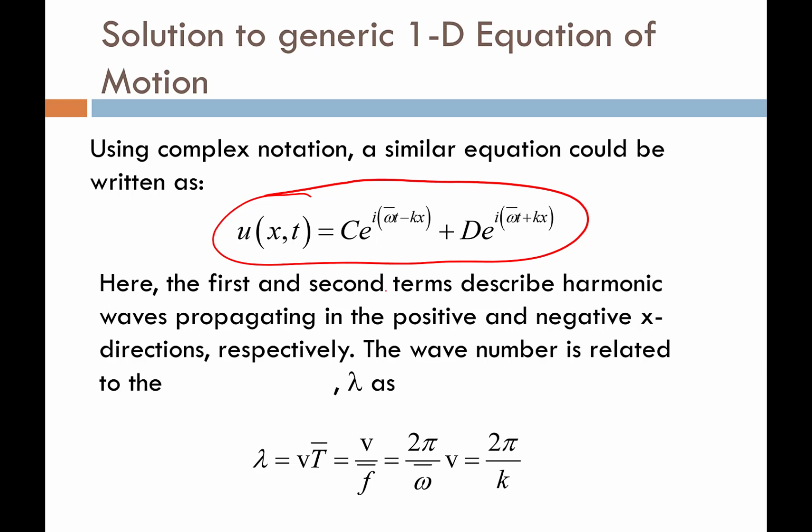So here in this type of notation, the first and the second terms are describing simple harmonic periodic waves that are propagating in the positive and in the negative directions along our rod, respectively. So think of it almost as,